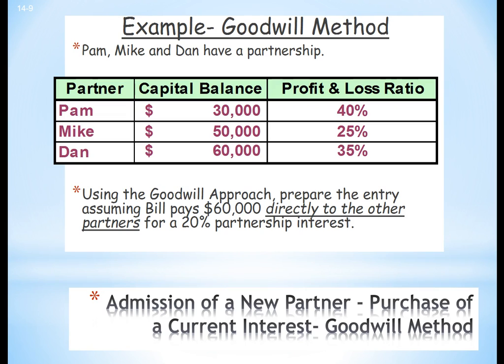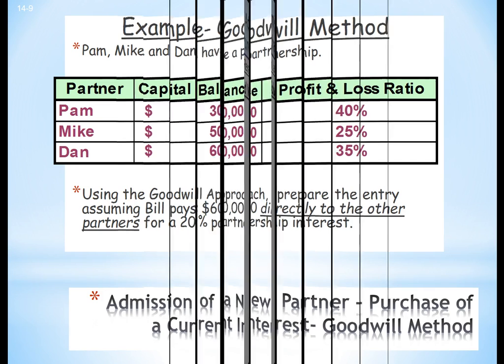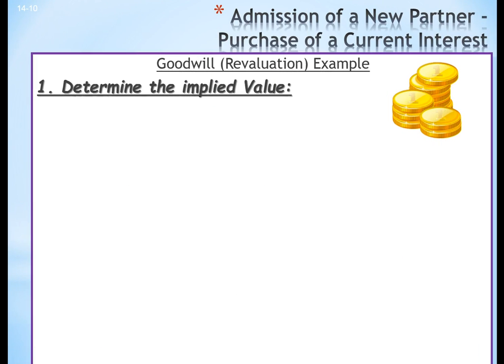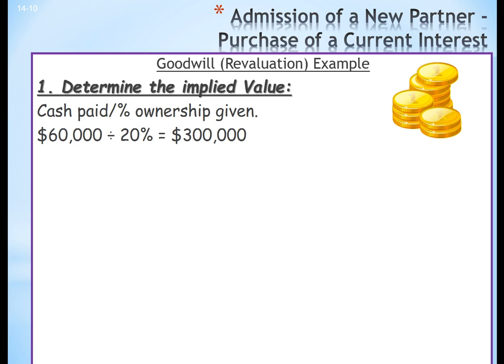Now, what happens instead if we use the goodwill method? Same thing. Bill is paying $60,000 directly to the other partners for a 20% partnership. So, the first thing we have to do is determine the implied value of a partnership. So, the cash paid divided by the ownership given, which would be $60,000 divided by 20%, the implied value of